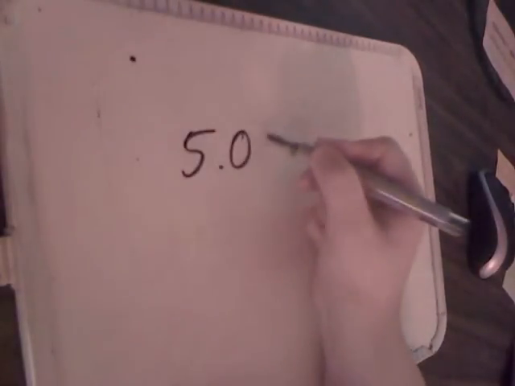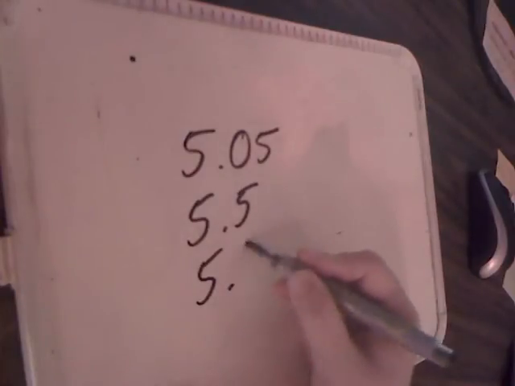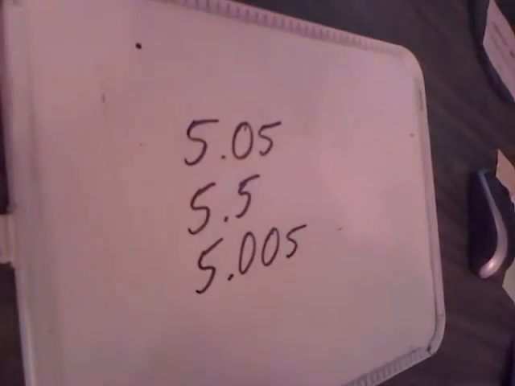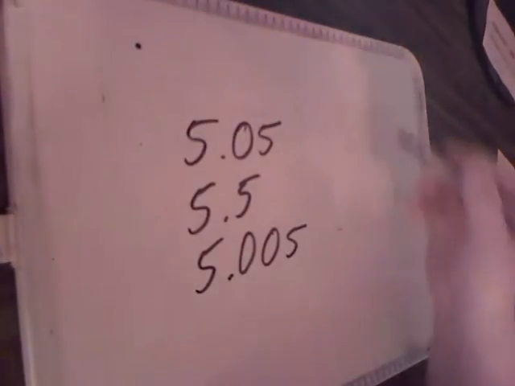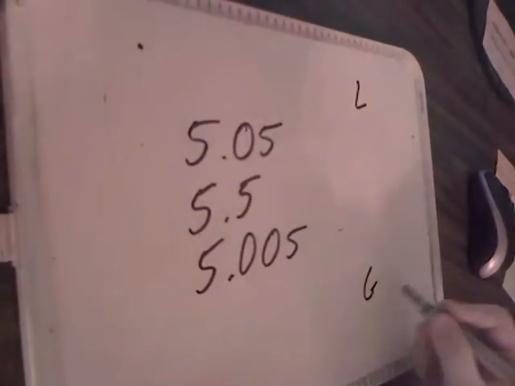There are times when you're going to be asked to put decimals in order. Let's say we have 5.05, 5.5, and 5.005. When you're asked to put decimals in order from least to greatest, then what you're going to want to